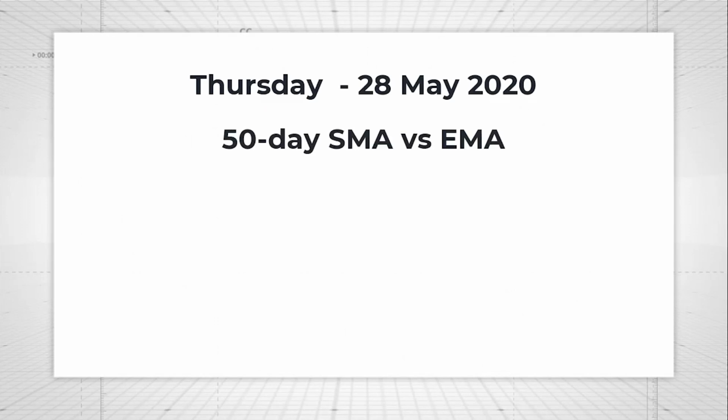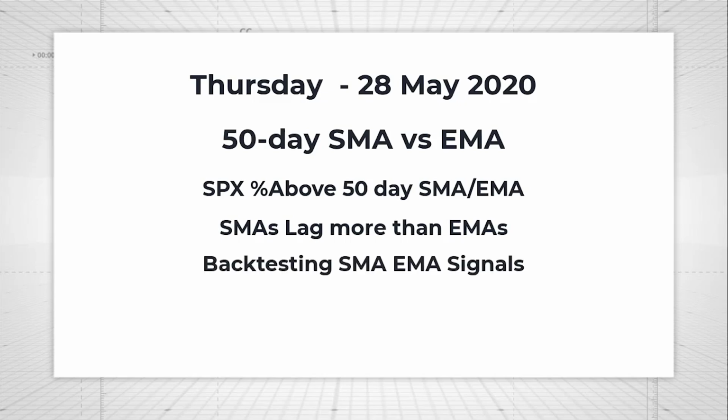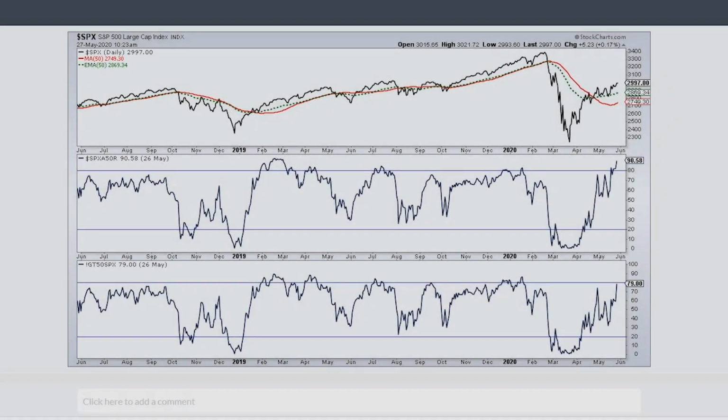And today we're going to look at EMAs versus SMAs, in particular the 50-day. We've got those indicators, percent above the 50-day for the S&P 500. We'll look at the lead versus the lag in these moving averages, and then I'm going to backtest signals using both of them. So I'm going to start off with two charts that show the percentage of stocks above the